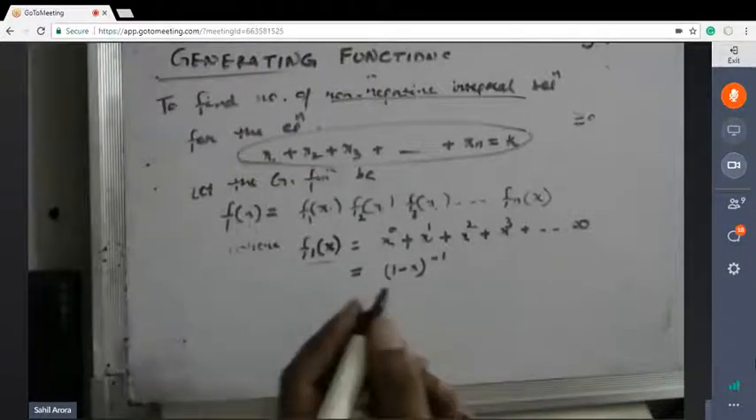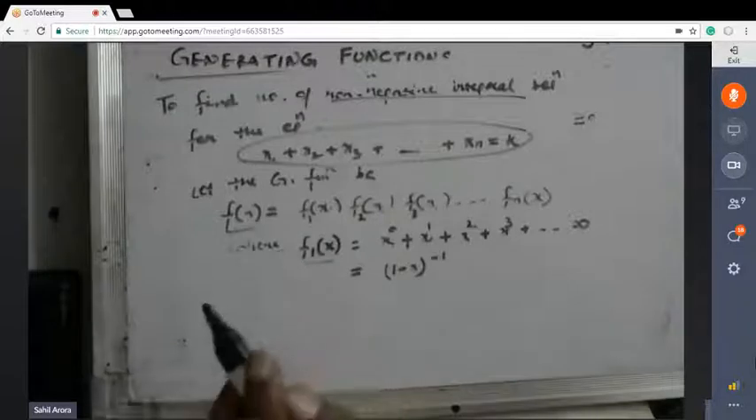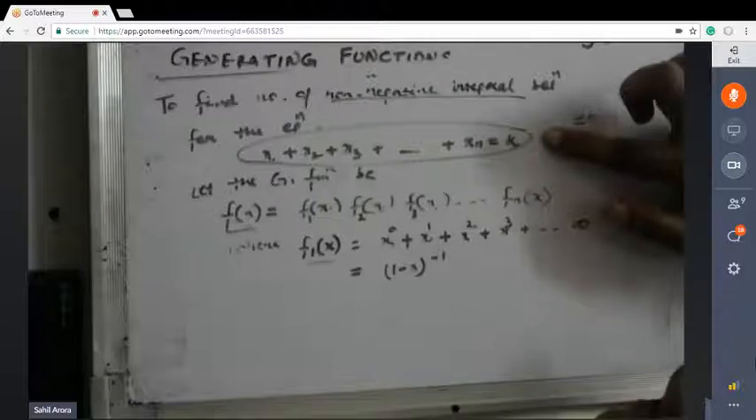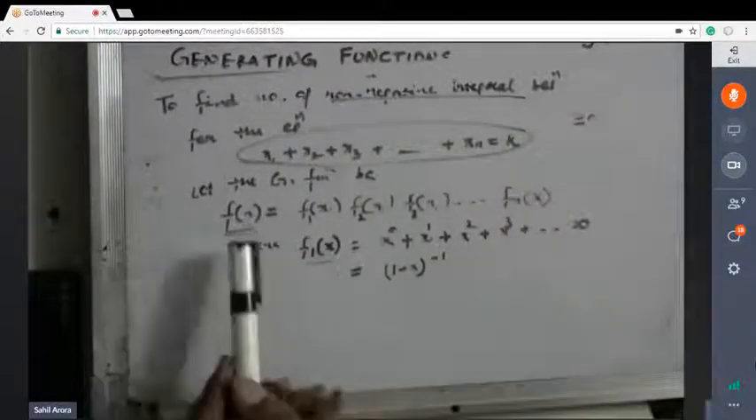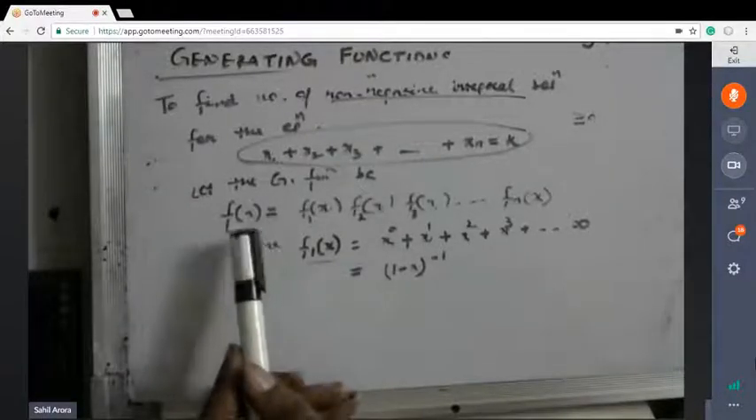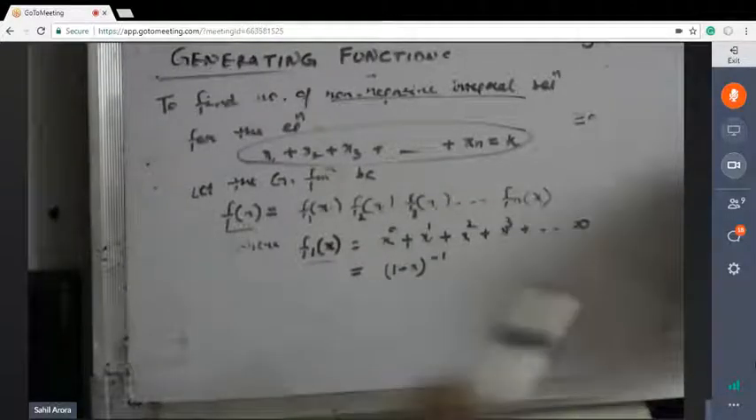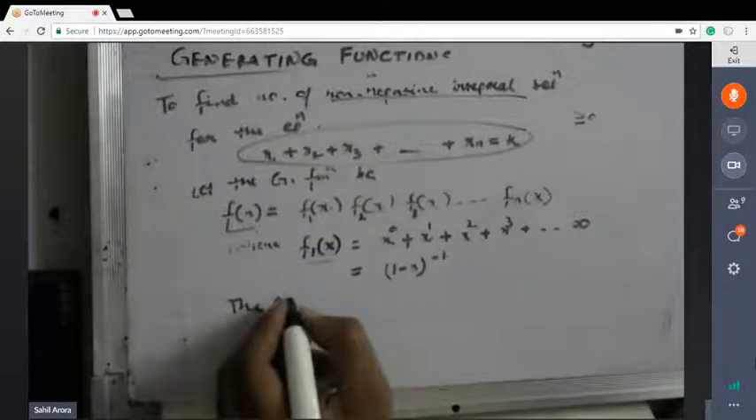We want to find the coefficient of x power k in the expansion of this f of x. I already told you in session 2, I guess, that in order to find the number of non-negative integral solutions, we just need to find the coefficient of x power k in the expansion of f of x, where f of x is the product of all of the generating functions, and f1 of x would be this thing. So this whole problem is to find the coefficient of x power k in the expansion of